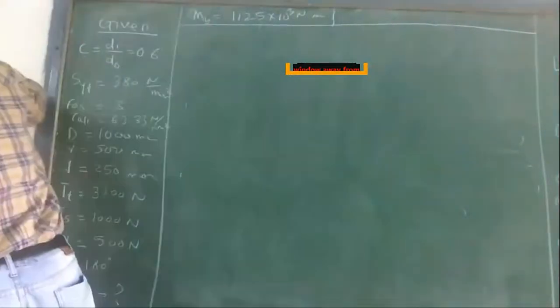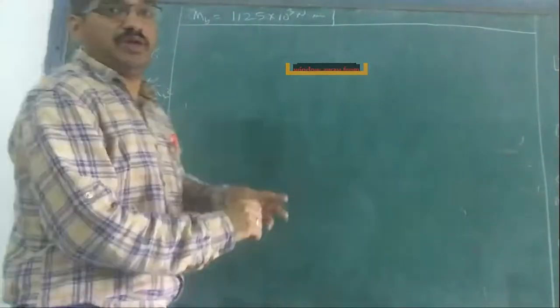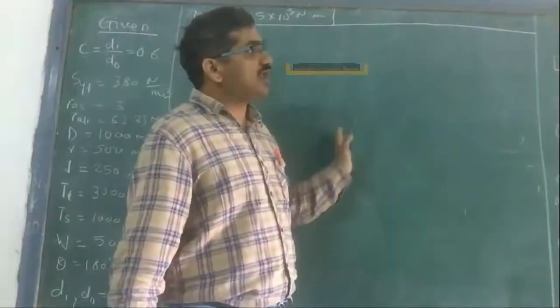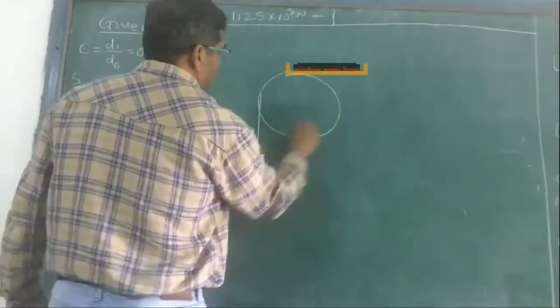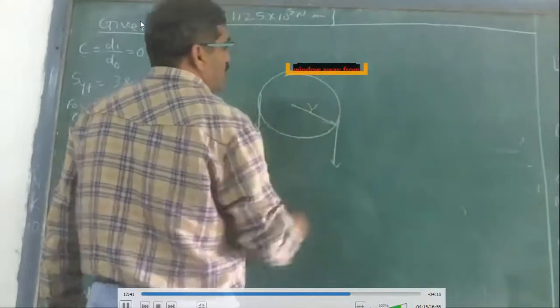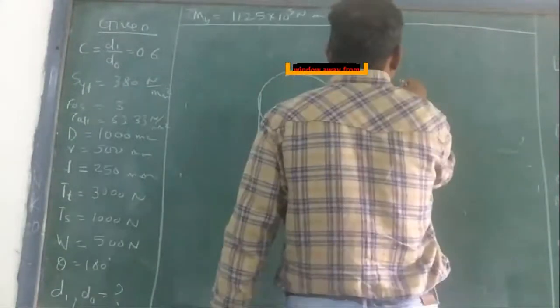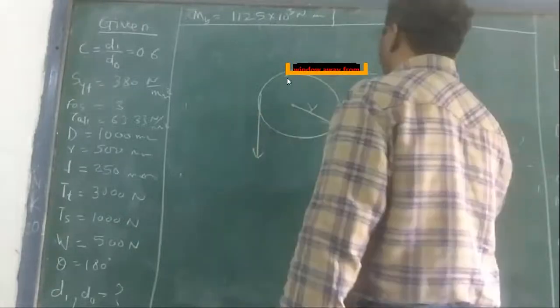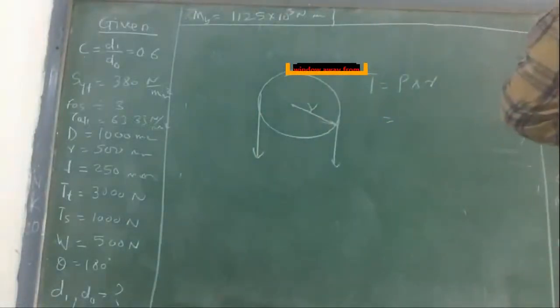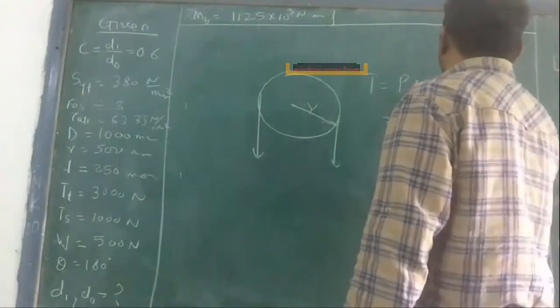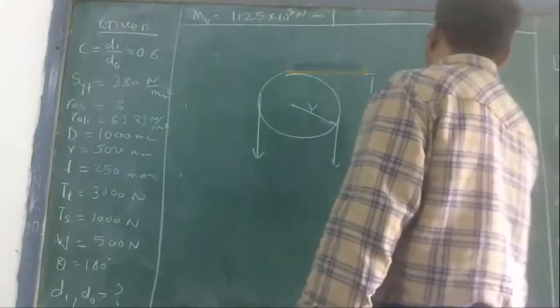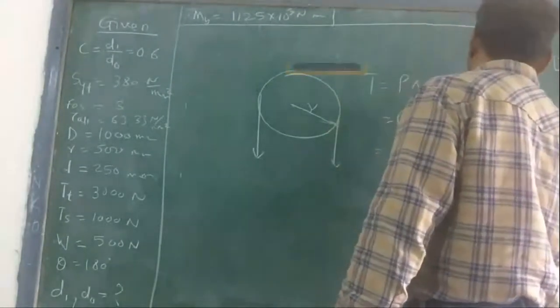It's very simple basically. On the pulleys, basically we compare this. Generally what we do, we get power, from that we get the torque, and then we calculate the diameter of the pulley or tensions, right? But because we know this, we have been given it. Now if we consider this pulley, this is tight side, this is slack side, and this is R, right? So torque is equal to basically load into radius, right? Now what is the load? At any side, if we have a tight side load and slack side load, then the load will be PT minus PS into R, right? So we have 3000 minus 1000 into R.